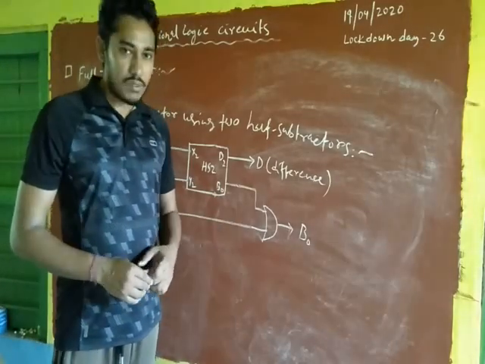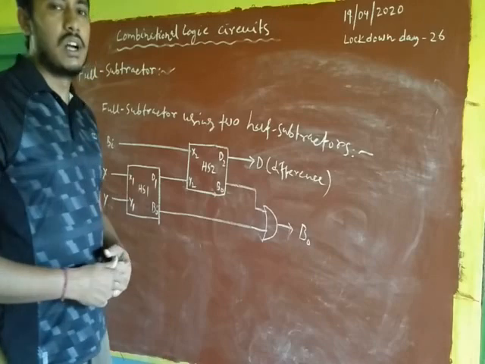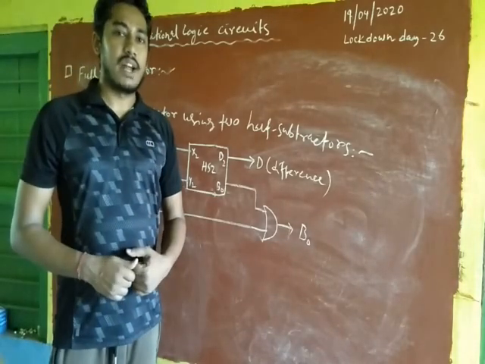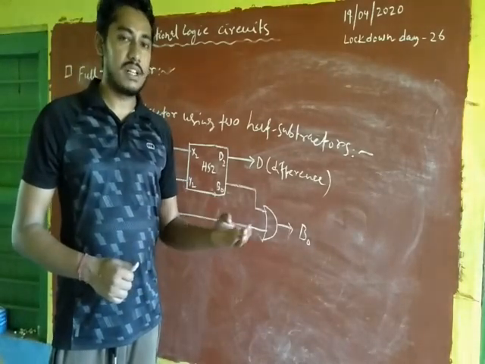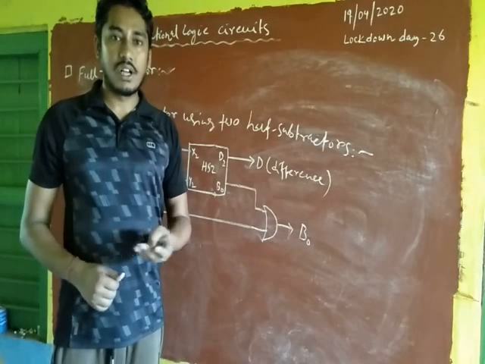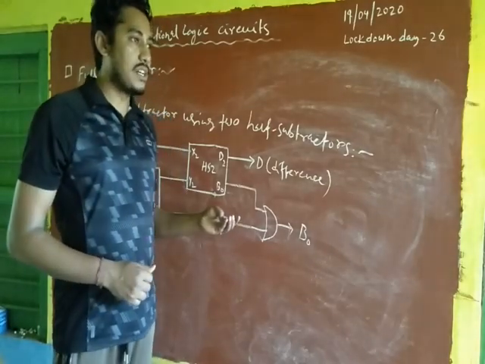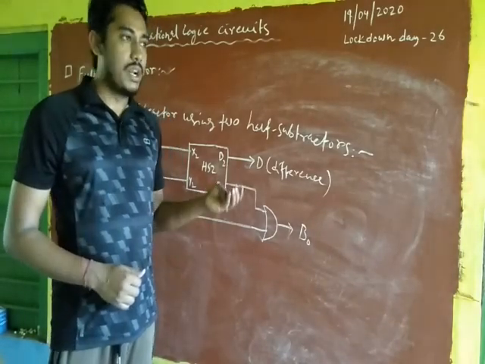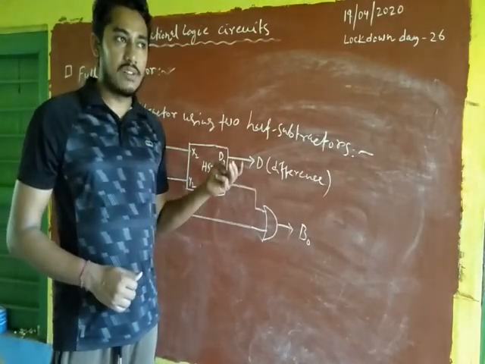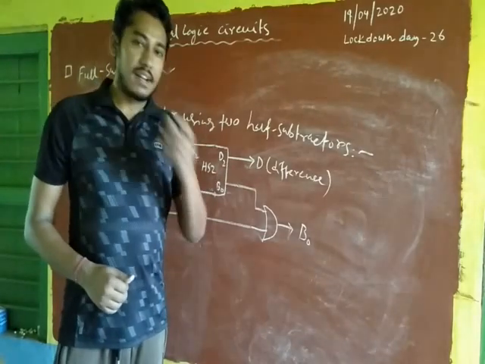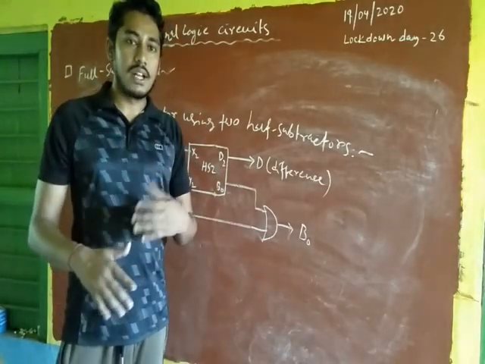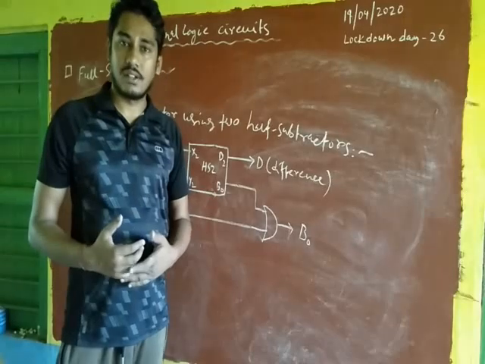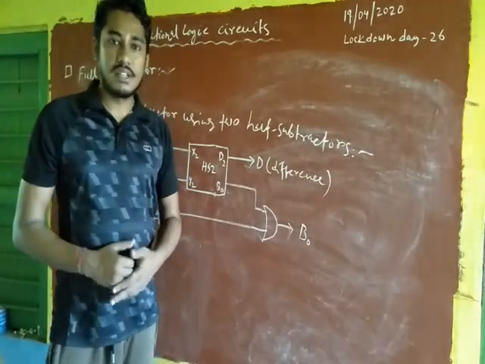Okay. Now in the next class we will discuss different types of adder circuits. Okay, different types of adders, that is the parallel adder, which is also called the ripple carry adder, and we will discuss the serial adder. Okay, after that we will discuss the parallel adder and subtractor circuit. In one circuit we can perform addition and subtraction. Okay, so all those things we will discuss in the next class.